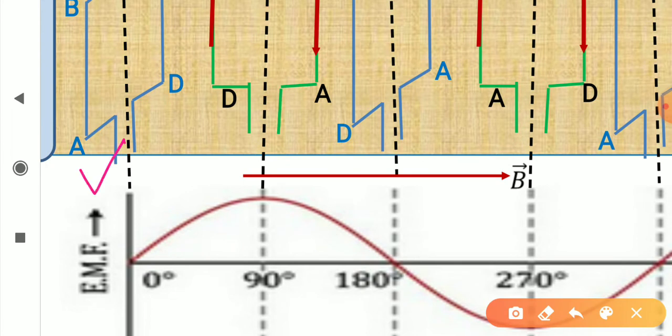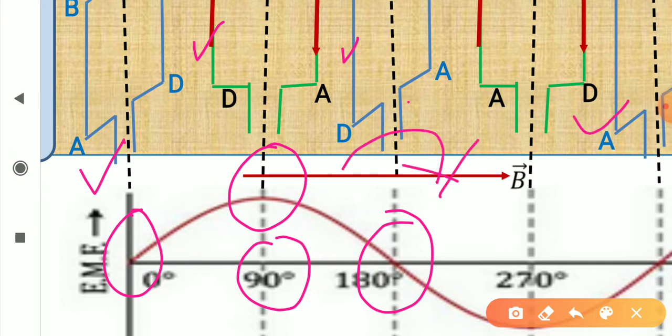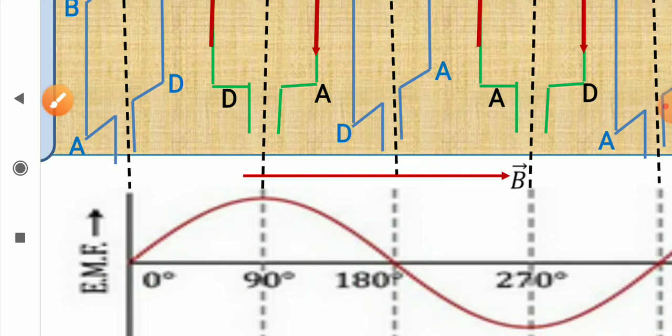So we started with 0 induced EMF. At this situation here, the induced EMF is maximum, the induced current is maximum. Now in this situation, induced EMF has become 0. Now this CD will turn further, and this CD side comes to this side, and AB after taking half turn comes to this side. So let's see what happens here now.